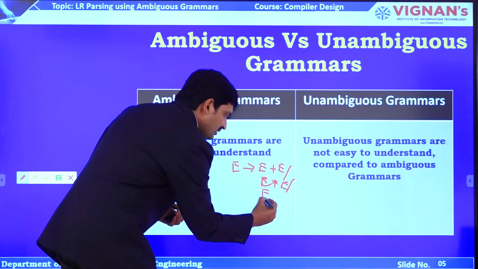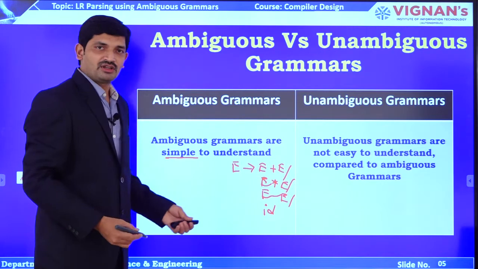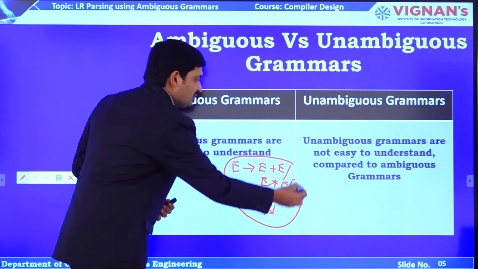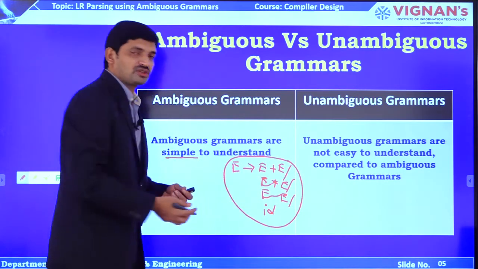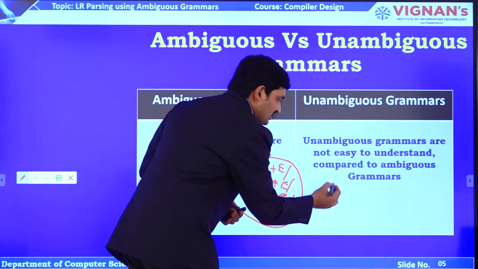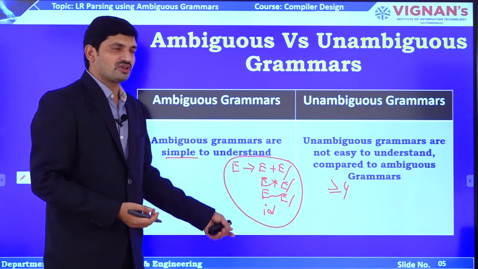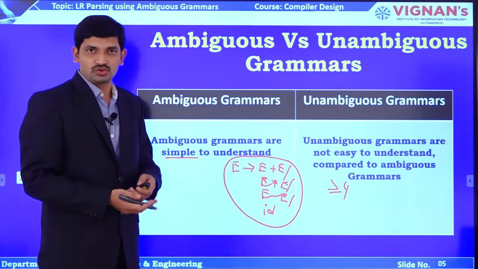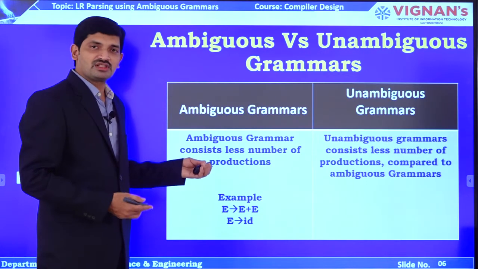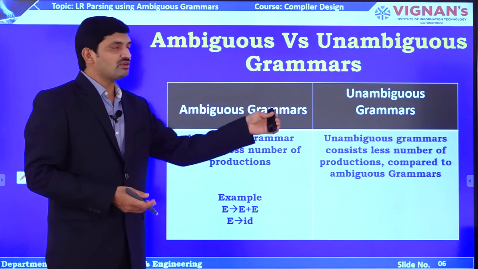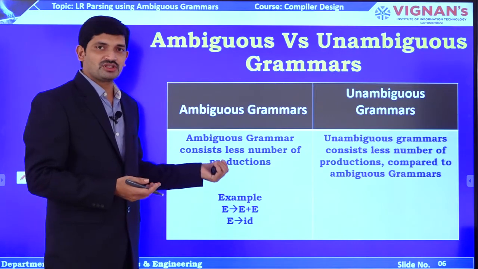or E star E or E minus E or id. Let us say this is my grammar. So, definitely this is an ambiguous grammar. If I want to convert it into unambiguous, here you may find 1, 2, 3, 4 productions. In the unambiguous grammar, there must be greater than or equal to 4 productions. So, this is very simple to understand, whereas the unambiguous grammar is not so simple to understand. Coming to the second one. The ambiguous grammar consists of a smaller number of productions. While converting ambiguous to unambiguous, it may consist of a greater than or equal number of productions than the ambiguous